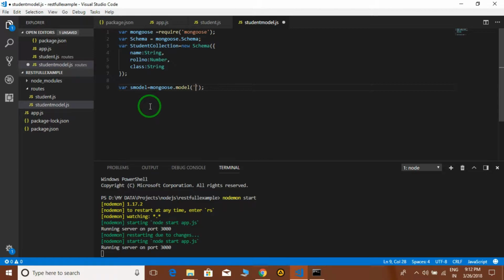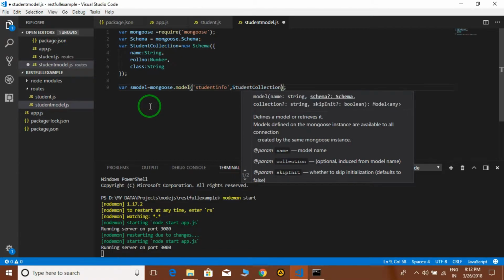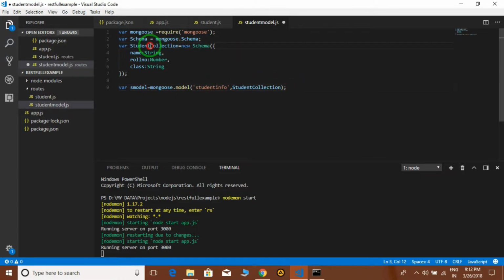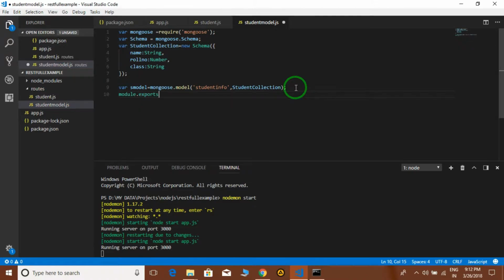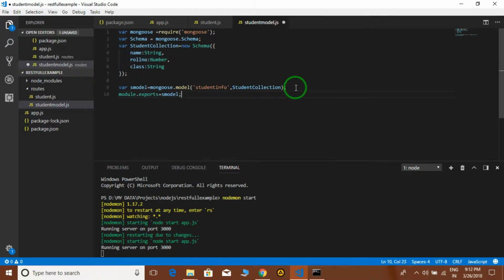The collection name is student info, and the second is the student collection, the schema which we designed here, that we are passing here. This is the name of the collection in MongoDB in which we are going to store data. Now we have to export this because we want to use it in another module.